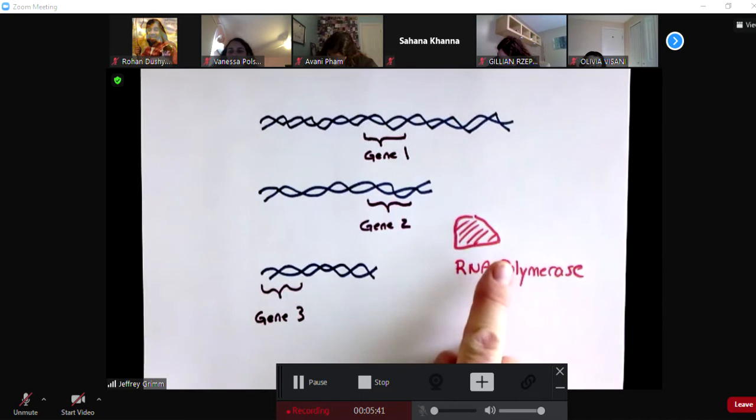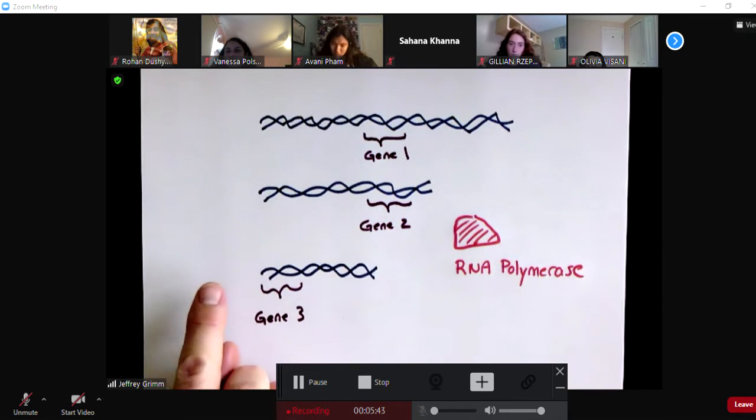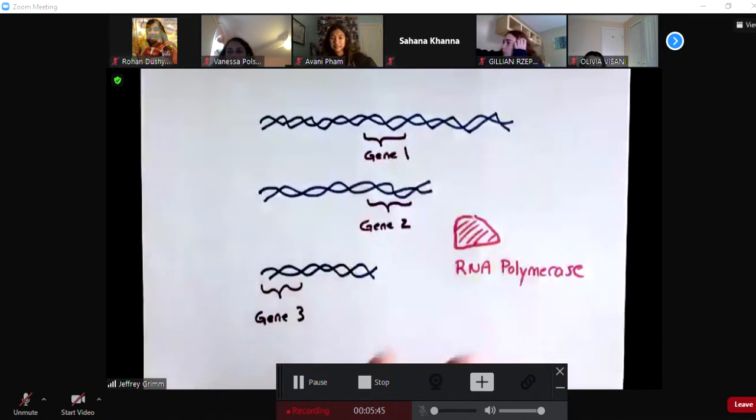RNA polymerase is not going to start to transcribe every gene as shown, because it's not going to be able to find it, and it's not going to be able to attach to the DNA when it looks like this, which is a good thing. Because if it could attach and start to transcribe, we would have every stinking protein made that all 46 of our chromosomes have on them.